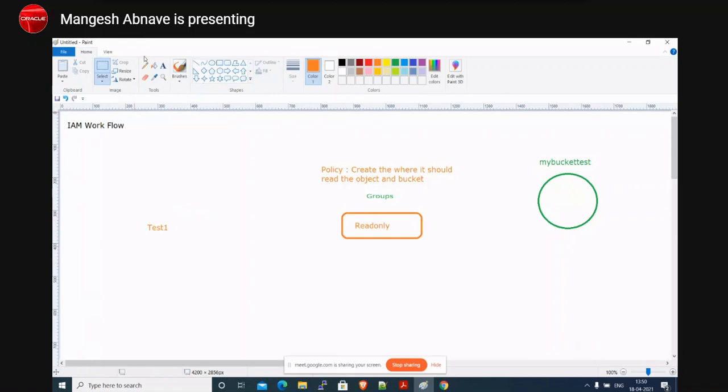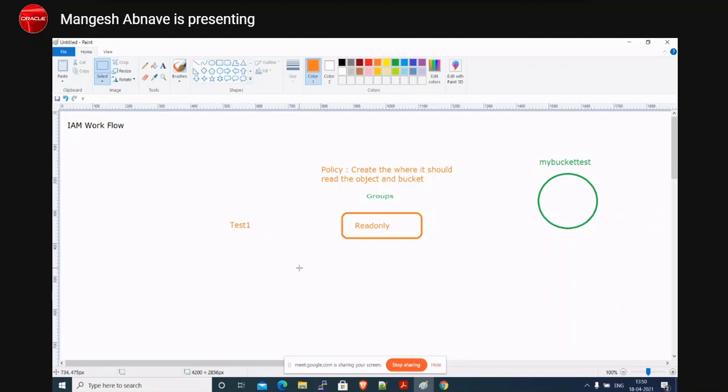We will provide him the console login, and once the console login is available, he should be able to log into that particular S3 bucket. He should be able to see that S3 bucket, but he won't be able to do any more activity on top of it. So this is an activity which I am going to show you in this particular workflow.